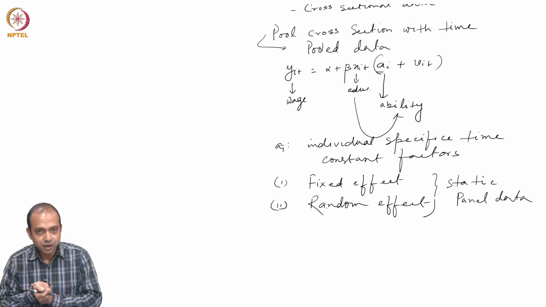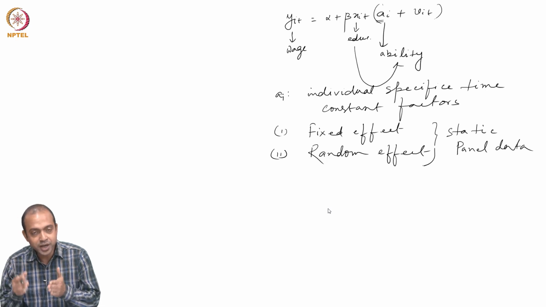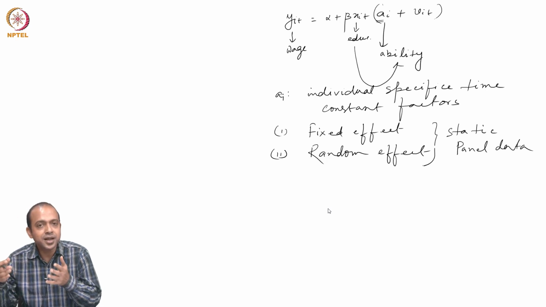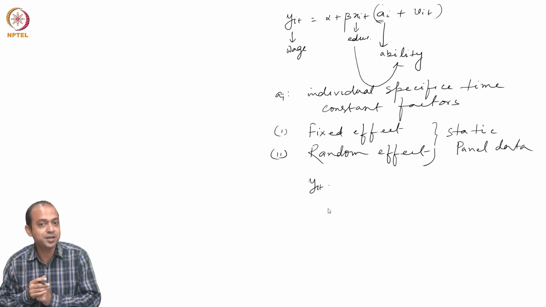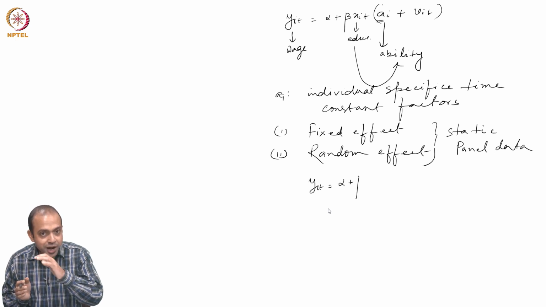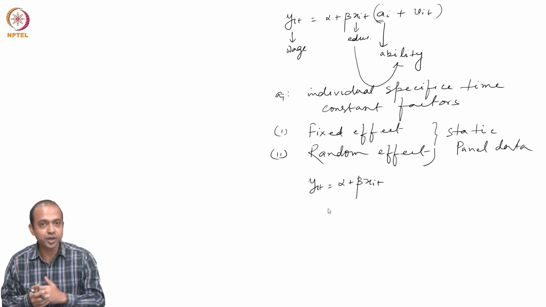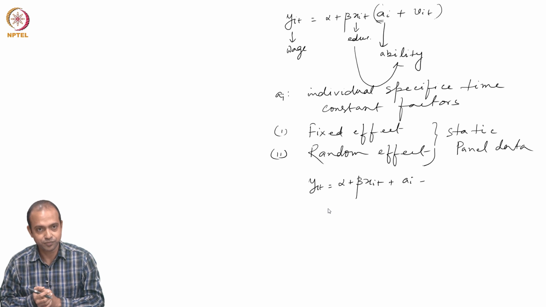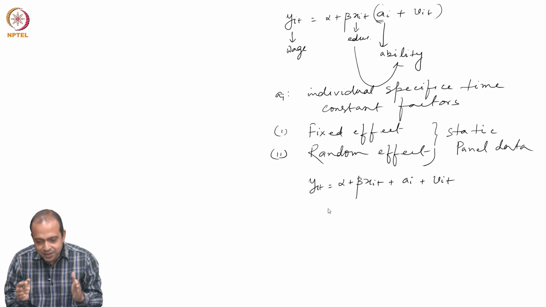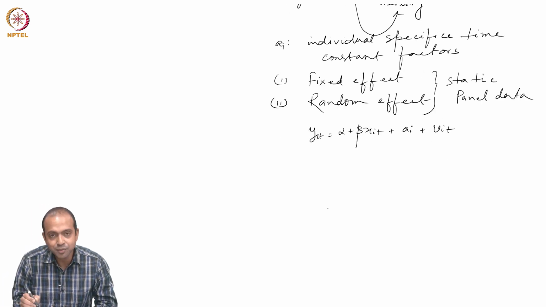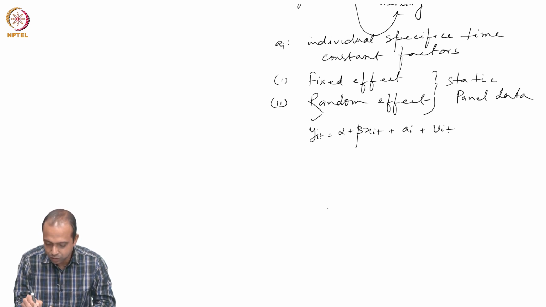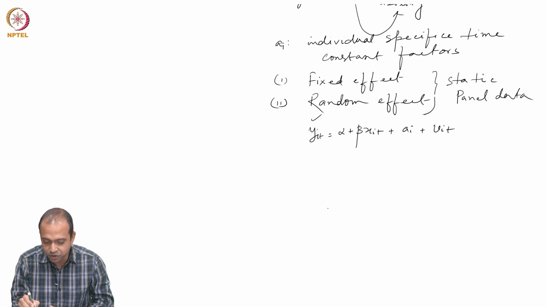However, there are cases where y_it cannot adjust instantaneously in the same period. Some of the adjustment happens consequently in the next period. And if that is the case, then we will end up with a model which is called the dynamic panel data model. So, that is also something we are going to discuss.